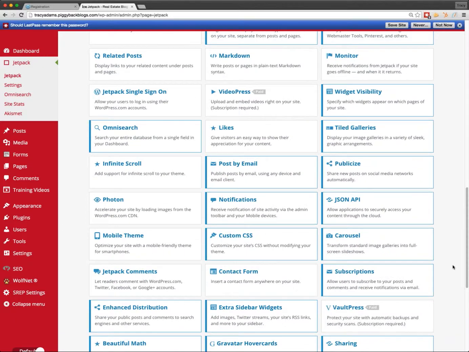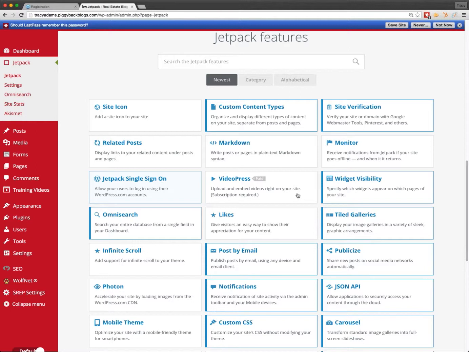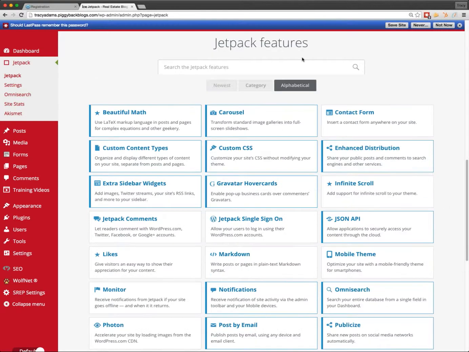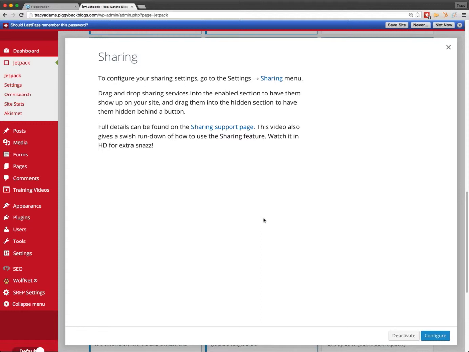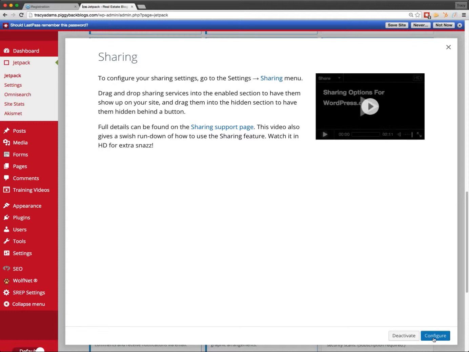The next thing I would like to show you is another area within the same place we were just at. We were configuring our Publicize plugin. It's called Sharing. So let me find it because they're not in alphabetical order. That will make my life so much easier. Sharing. Here it is. This allows people, like people as in the visitors to your website,